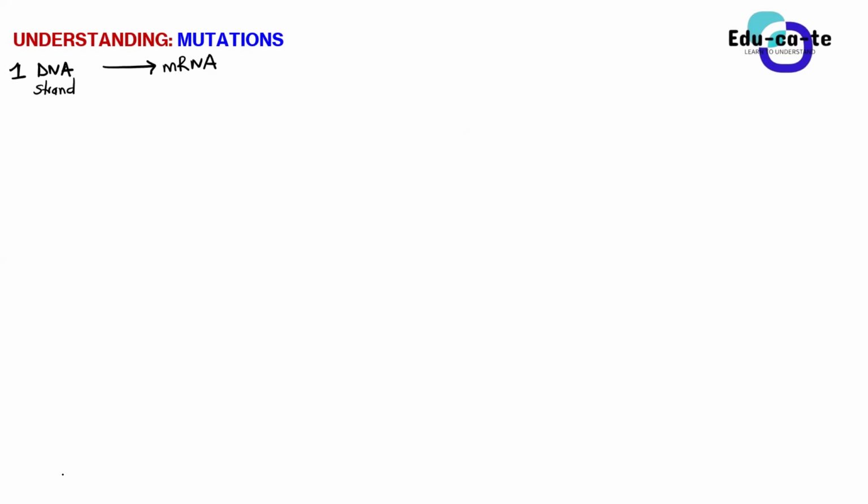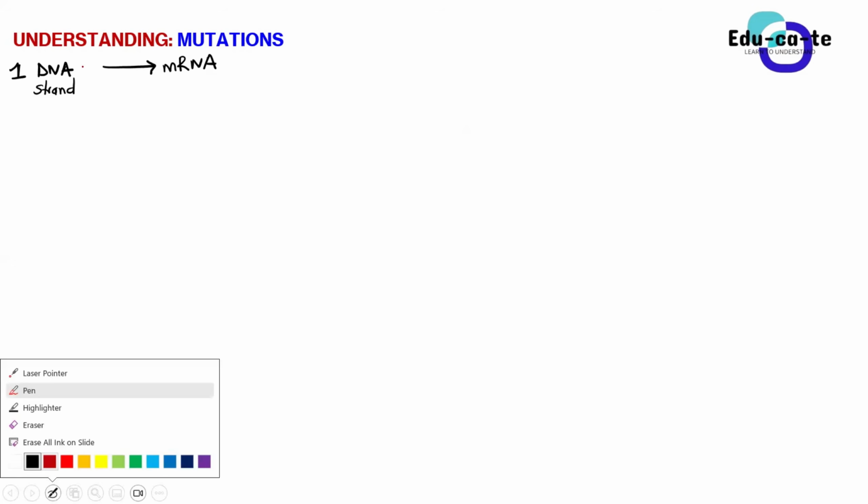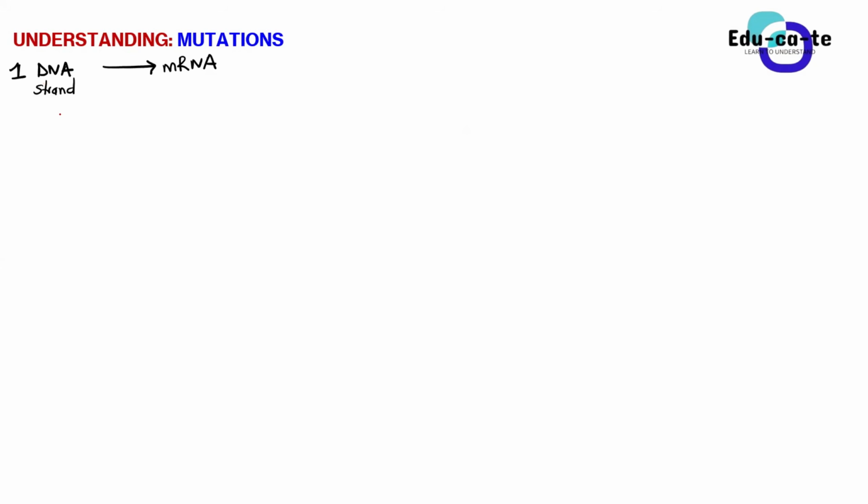And we need to know that when it comes to the nitrogenous bases, the DNA strand contains what? It contains a DNA base triplet. Remember, guys, when you say that we've got 3 nitrogenous bases on a DNA strand, it contains what we call a DNA base triplet. These are just 3 nitrogenous bases that are following each other on a DNA strand.